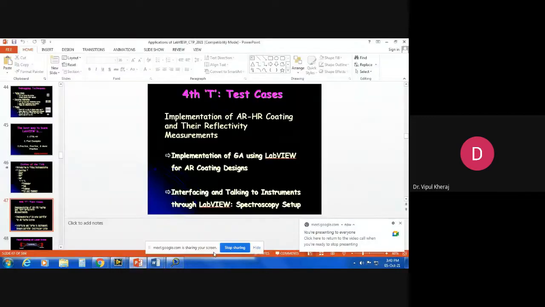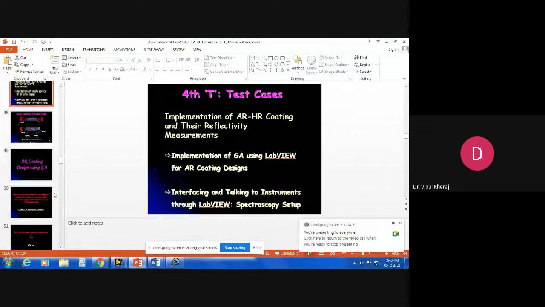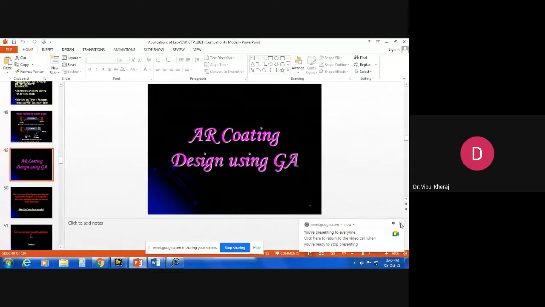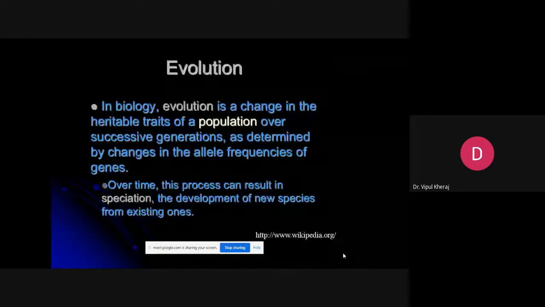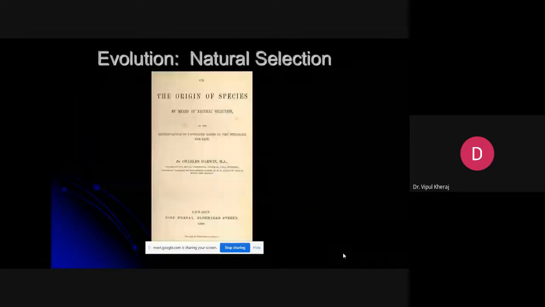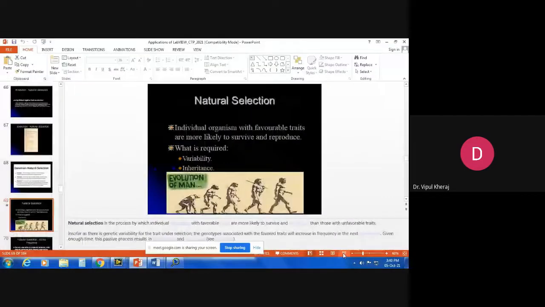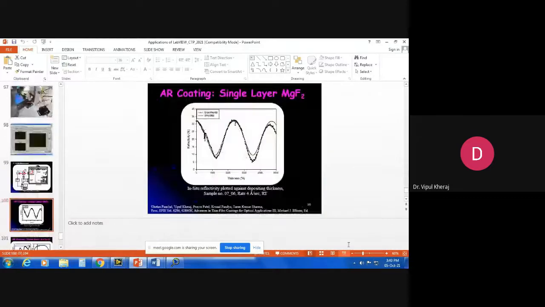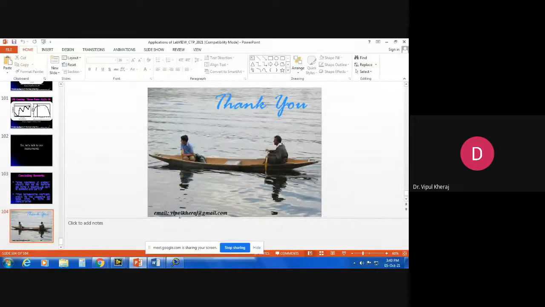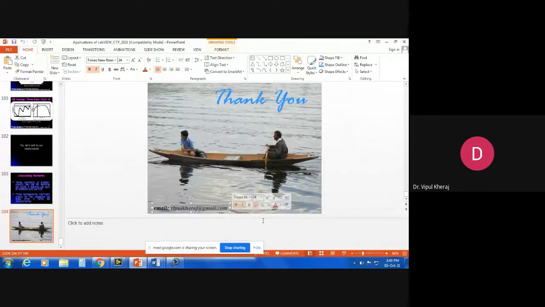So where is it? Yeah, these are some more cases which we have. I thought we would cover them, but this requires a lot of time, so we'll just skip these instruments. Yeah, a lot of image processing is done. I think my email ID will be there. Anyway, this is an old email ID, but my formal email ID is available on the website. So the questions can be sent there.